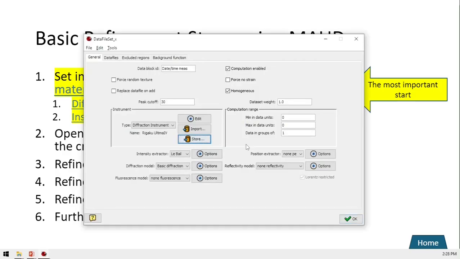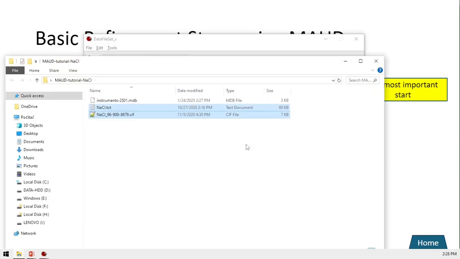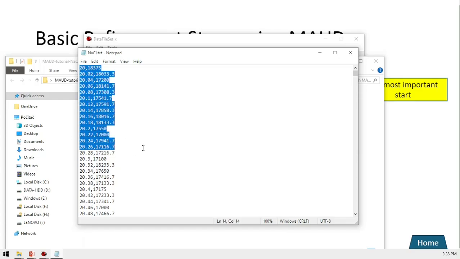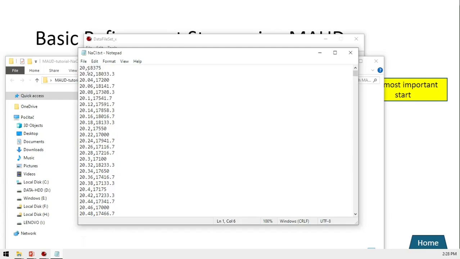First, I want to show you the data that works for MAUD. MAUD works with a lot of data formats, txt. It also works with images, two-dimensional diffraction data, but what I will work with now is comma separated data.